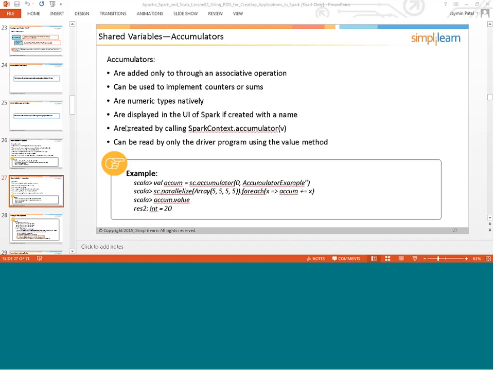So counters are nothing but they check data quality issues. They check how many records are bad while processing. When you are processing any particular data set, and you come across certain records which have issues, you want to log them. You want to get the count of those records so that you can troubleshoot later. That is where a counter will be used, and in Spark accumulators do the same thing. Accumulators are also used to implement counters or summations of the total number of records that can be processed at a particular